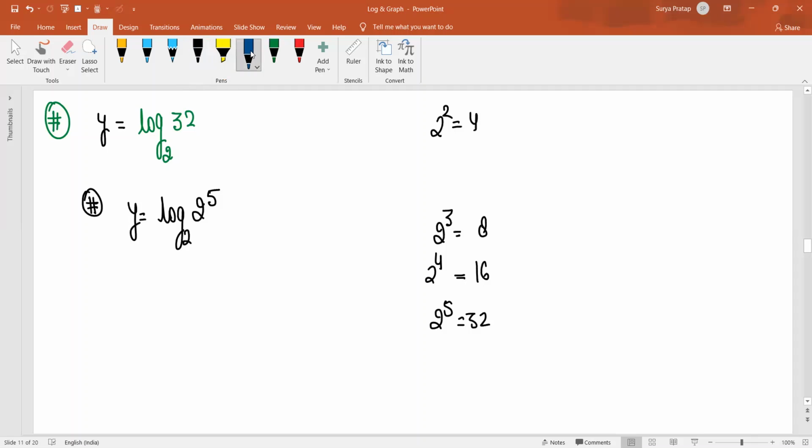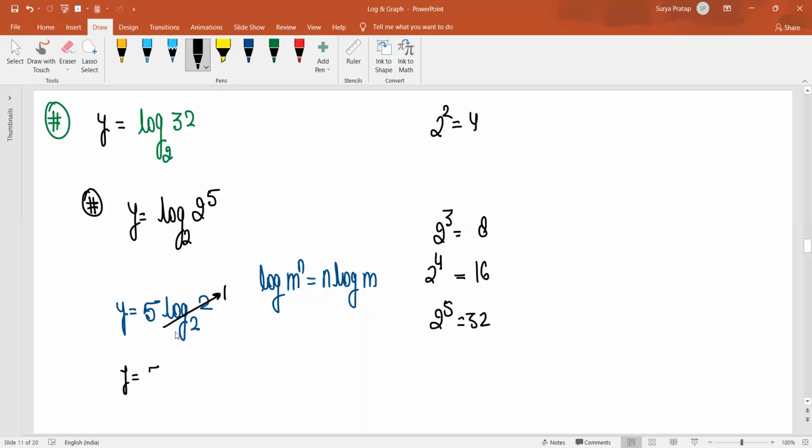Now we can use the rule: log of m to the power n is n log m. So I can write y equals 5 log base 2 of 2. Do you know that if the base and the term are the same, then the value is always 1? So the value of this became just 5. So the value of log 32 base 2 is just 5. If you understand all the things which I explained for log, then I think this is sufficient information to